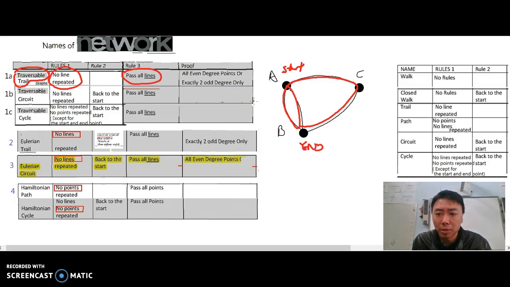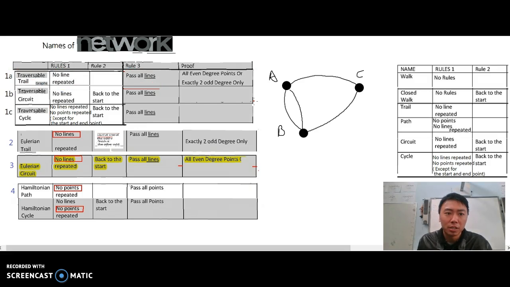if the diagram is complicated. All I need to do is check the degree of each point and then decide whether it is a transversal graph. So the degree of the first point A is 3 because there are 3 lines touching it. So I call these 3 degree points, or I can call it odd degree because 3 is odd. So A is odd, the same as B: 1, 2, 3 lines touching it, so it's 3 degree and it's odd. And C, only 2 lines touching it, so it is an even